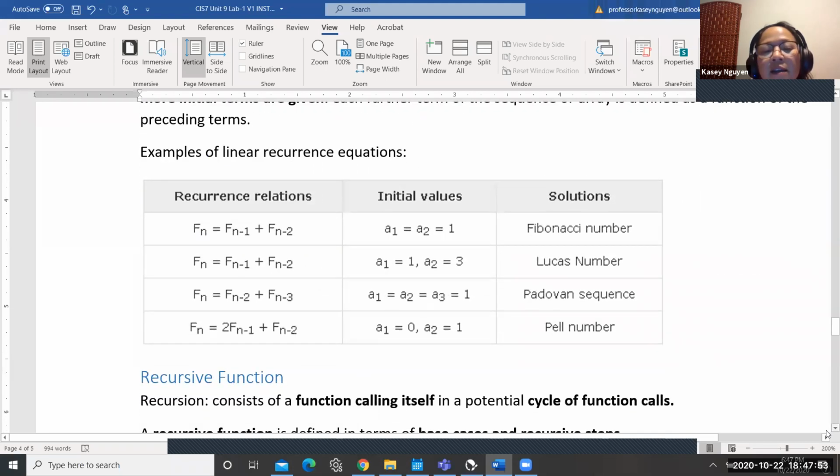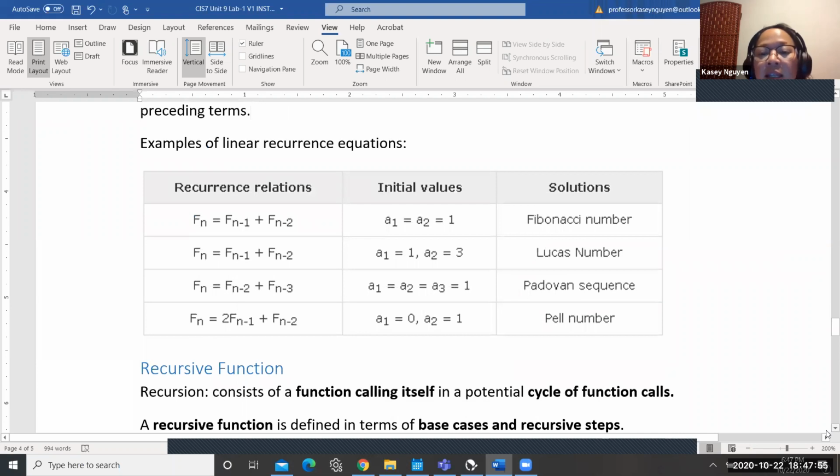So here is a list of recurrence relations. You've got Fibonacci, which is what we see and use today. You've got Lucas numbers. You notice Lucas and Fibonacci, same equation, but the base is different.